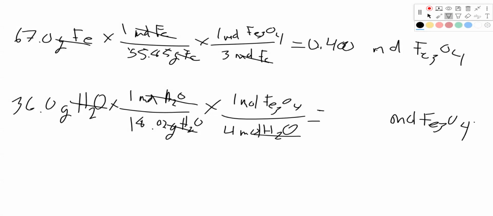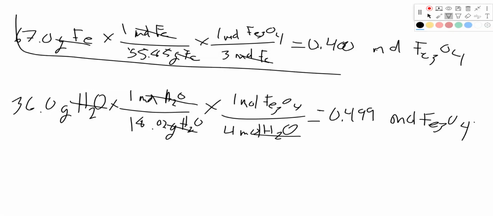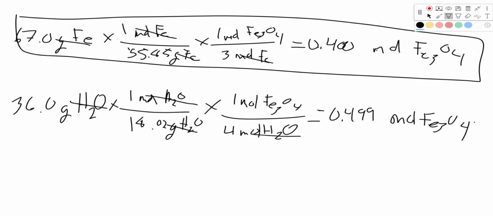And when I do the math, I find that it is 0.499 moles. So because of that, I can confidently say that iron, my top one here, this is my limiting reactant,